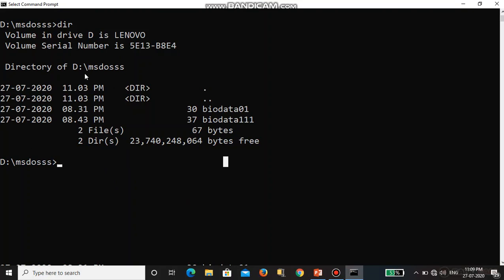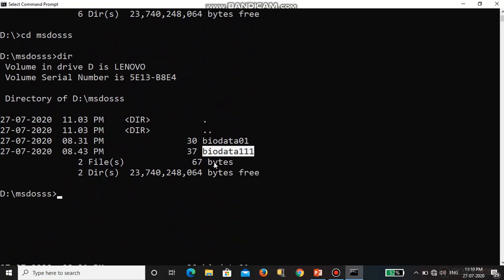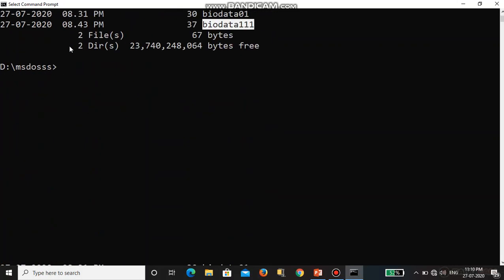So in the D drive, in the MS-DOS folder, there is a file. The file name is biodata 111. I want to move this file to desktop.